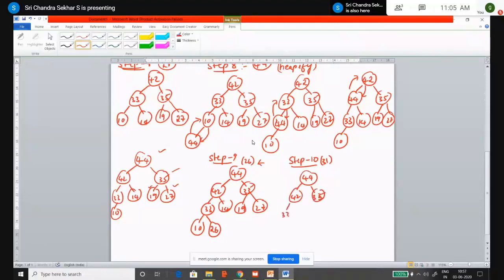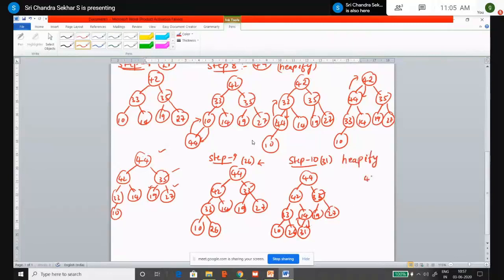And then it is 33, 14, 19, 27, 10, 26 and the final element 31 should be inserted as left child to 14, right? And the second property, heap property, is not satisfied. Therefore, you have to exchange this, which we are calling heapifying. The operation is called heapify.